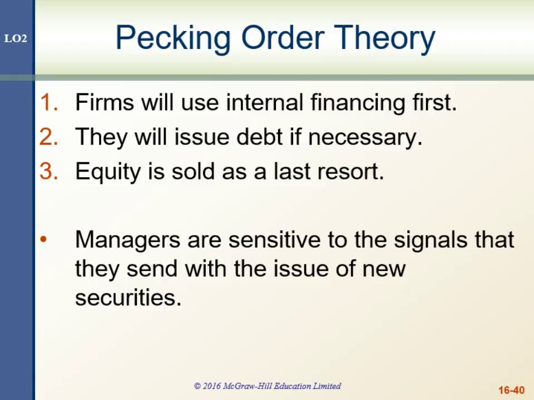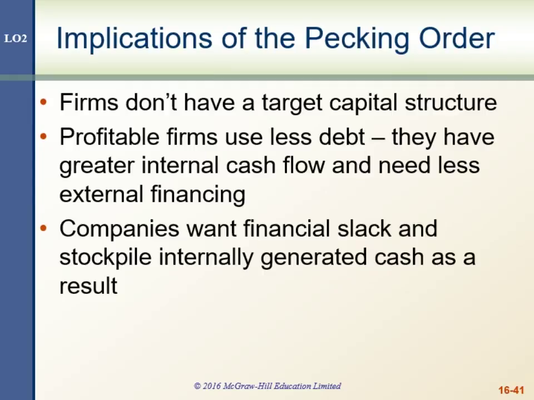So capital structure does actually differ by industry. There's definitely a connection between different industries' operating characteristics and their capital structure. And firms and lenders will look at the industry's debt-equity ratio overall as a guide to what would be optimal for your particular firm. So the implications of the pecking order: firms usually don't have a target capital structure. Profitable firms would use less debt because they have more internal sources of financing, and companies don't want to be constrained by the limits placed on them through the issuance of more debt.